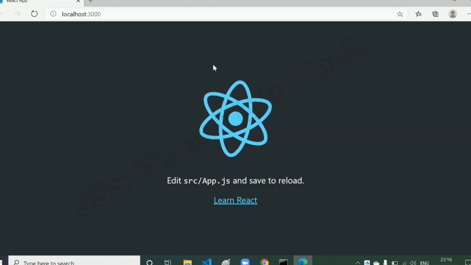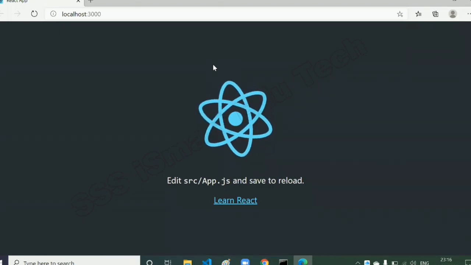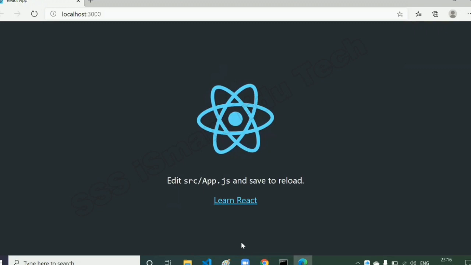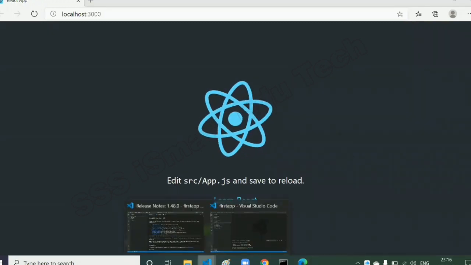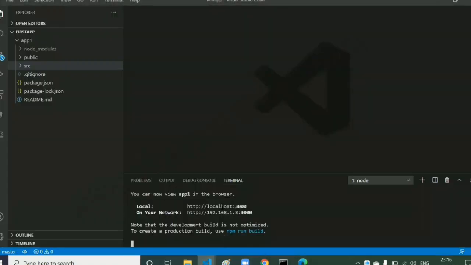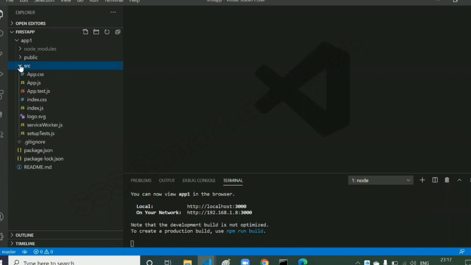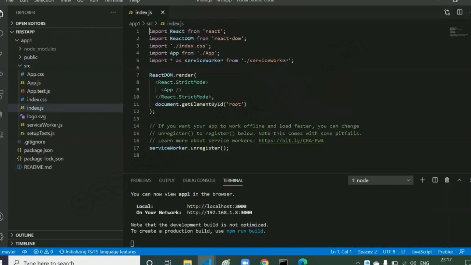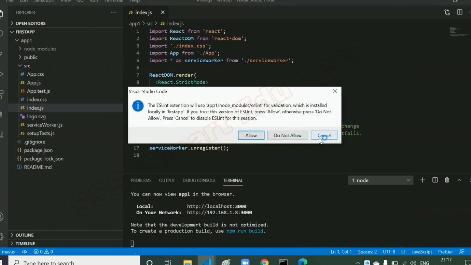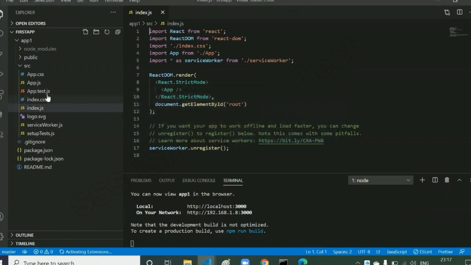Now let's make some changes in this application, and let's see whether we get a result or not. So once you go to your Visual Studio, yes, you are in Visual Studio. As of now, just don't think much. We will be exploring everything in detail. As of now, just go to your src folder and go to your index.js. In this index.js, we are going to see some code. Now just go to your app.js.